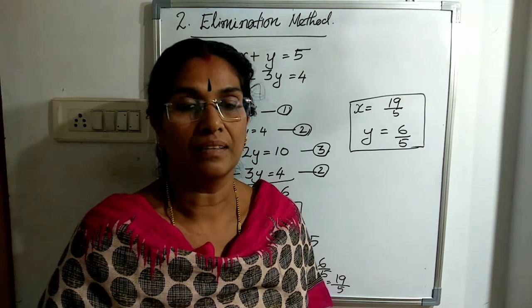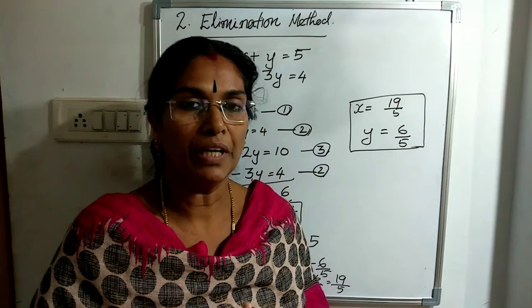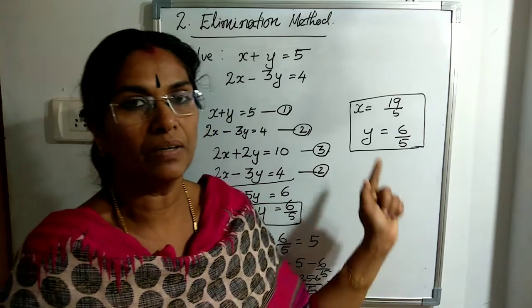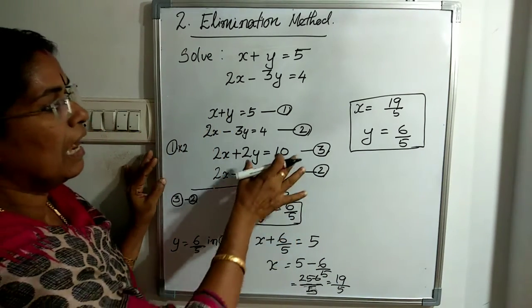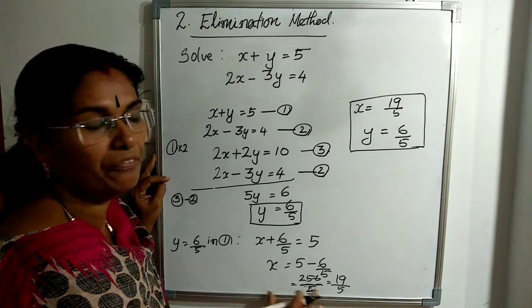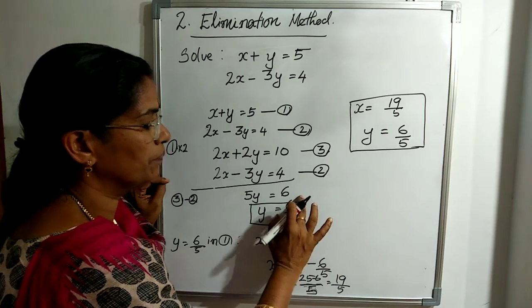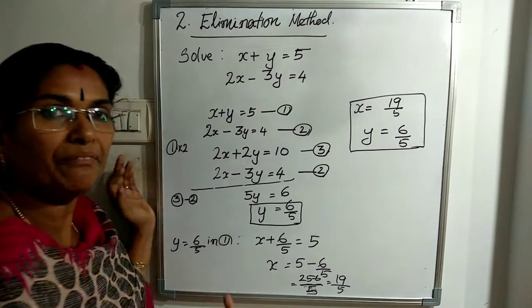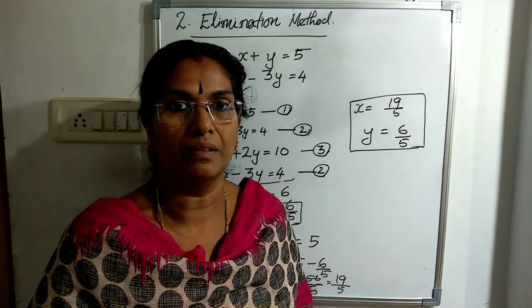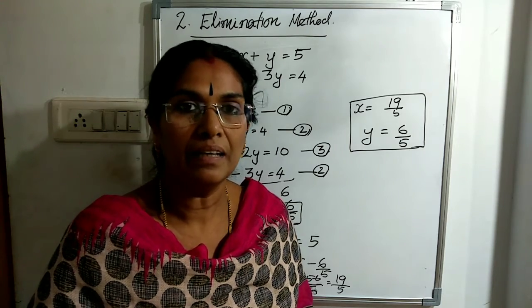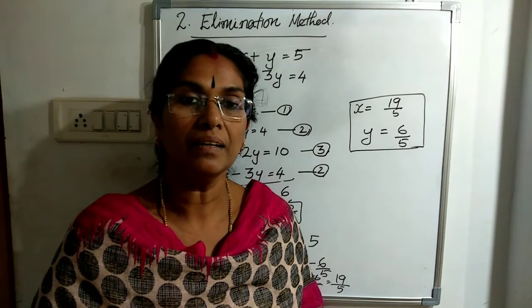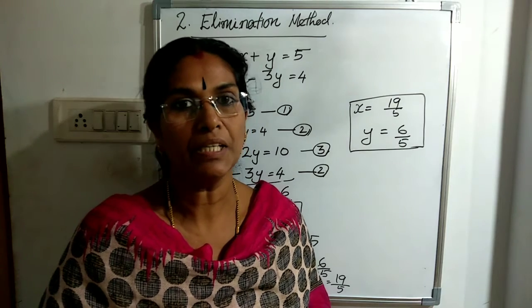We learned last class what is inconsistent and consistent. A unique solution means we say it is consistent. No solution means inconsistent. Is this clear? One more time I am explaining this. After subtracting, we get a linear equation, so we can solve and find the values of x and y. If this step gives a false statement without a variable, then there is no solution. It is inconsistent. If it gives a true statement without a variable, then it has infinitely many solutions.